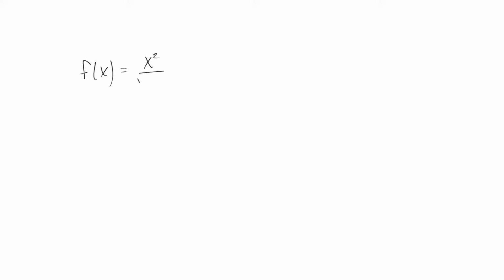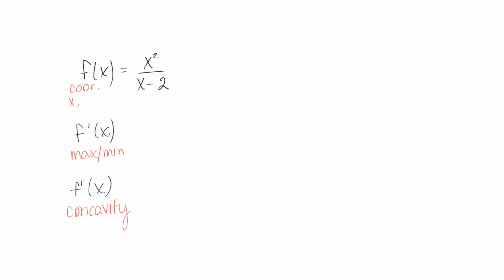So x squared over x minus 2. What we know so far about curve sketching is that our first derivative helps us with max and mins, and our second derivative helps us with concavity, right? So we're going to put all of that to use. Now, our first derivative helps us with what? What's its job? Its job is to give us coordinates, and its job is to give us x and y